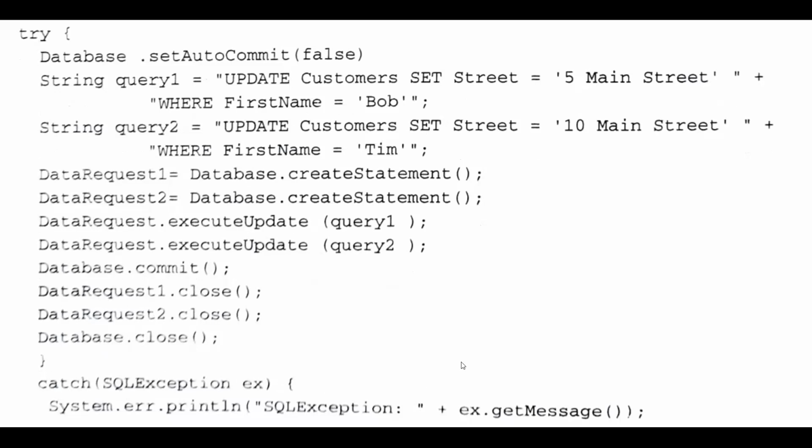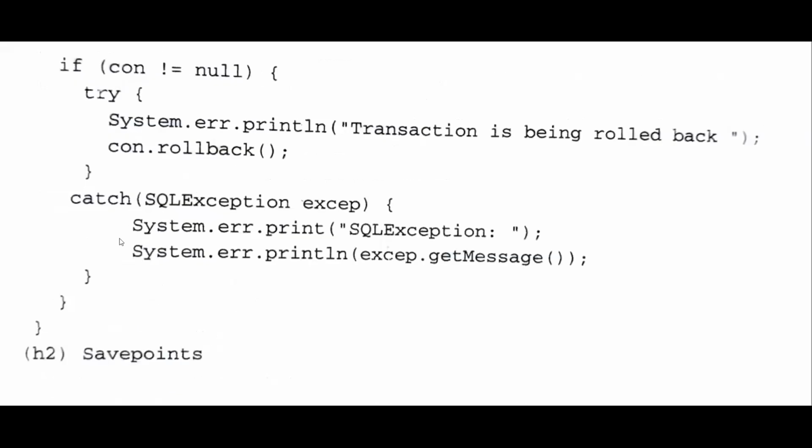We'll print the exception, and once we print, we need to decide what to do with the transaction, whether we need to continue the transaction or roll it back. Further, we have to verify whether the connection is null or not.